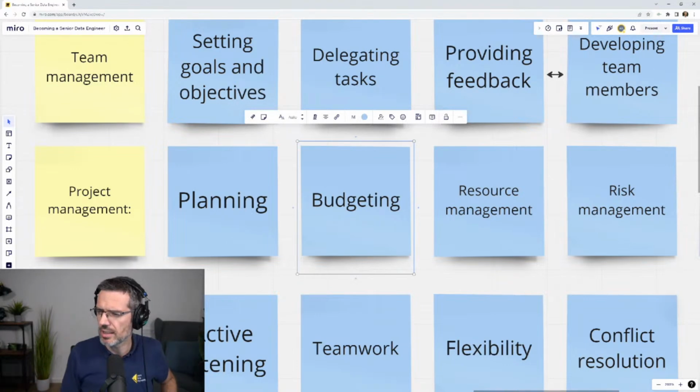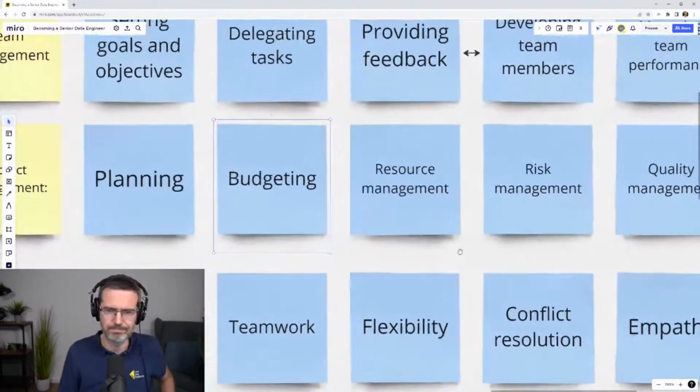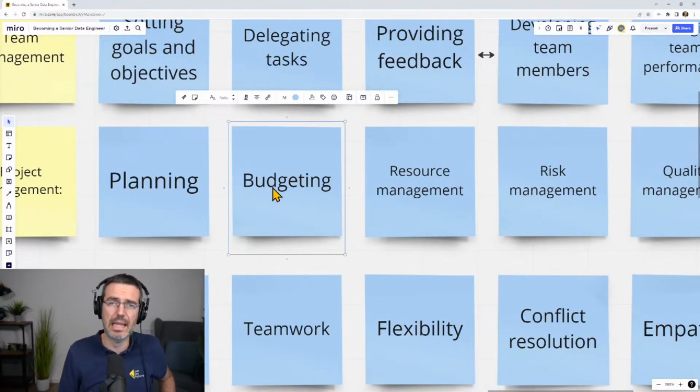So budgeting, it says here, senior engineers should be able to create and manage a project budget, right? And ensure that the costs are kept within the budget. Absolutely. Perfect. That's a big thing.